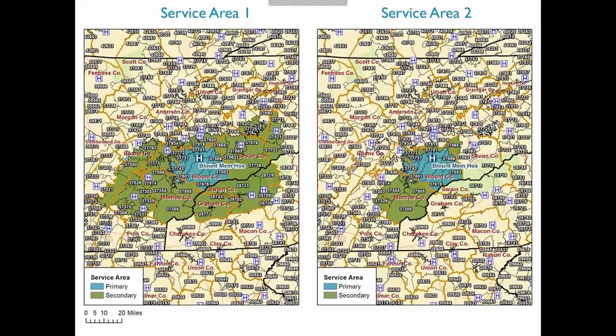So I created a recommended service area on the right. It's approximately 2 counties. It accounts for 88% of patient origin, and our hospital has 46% market share. So we only lost 4% patient origin, but we gained 30% market share using this service area. This is our market. We will live or die by what happens in this service area. So focus on what's important and don't major in the minors. That's what my first boss told me. I thought it's been great advice ever since. Don't major in the minors.